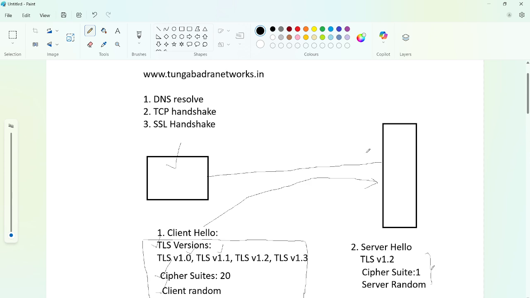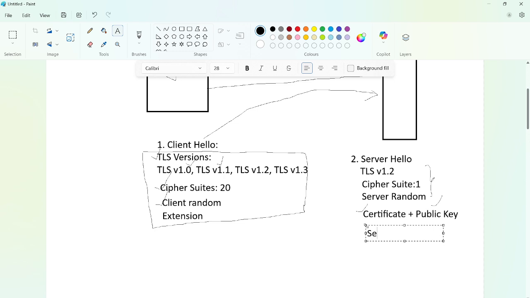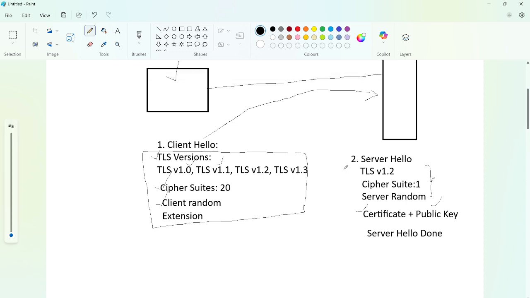We need to authenticate whether we are receiving the information from a legitimate server or not, okay. For that purpose, the server is going to send the certificate along with the public key, okay. Why we use the public key, I will tell you, okay. And apart from the certificate and public key, it is going to send server hello done here, okay. These are the pieces of information that the server is going to include in the server hello and send from the server to the client.